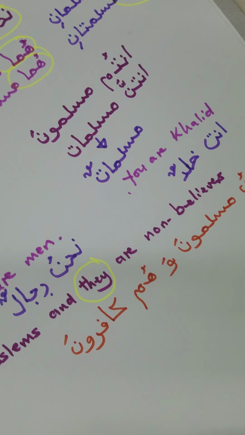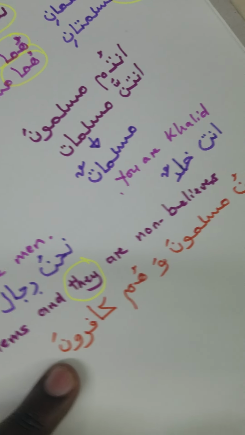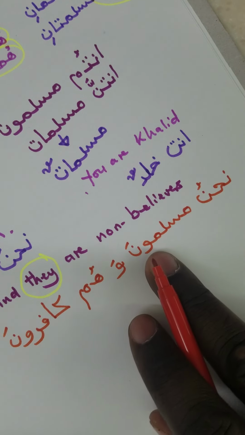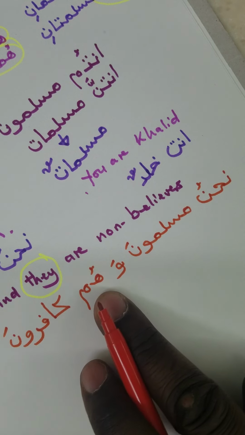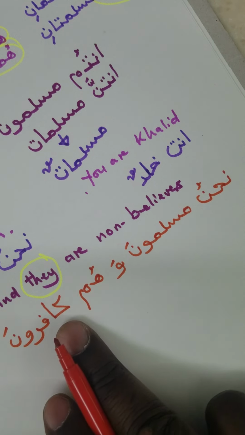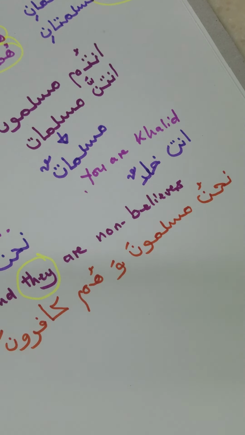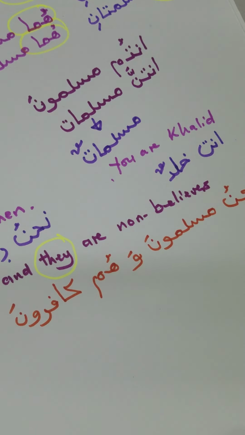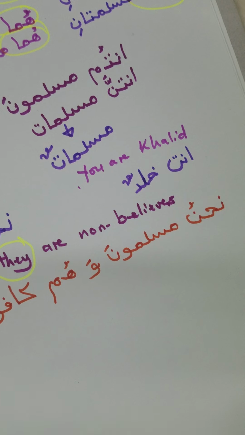Kafir is an unbeliever. When there are many, you add una and it becomes kafirun. So we are Muslims, nahnu muslimuna, and they, whom, are non-believers, kafirun. Because in Arabic we said we do not have al. I think you can see how we are now graduating. We are now getting to a level of writing these simple sentences, and they are going to be easy for you. Nahnu muslimuna wa hum kafiruna.